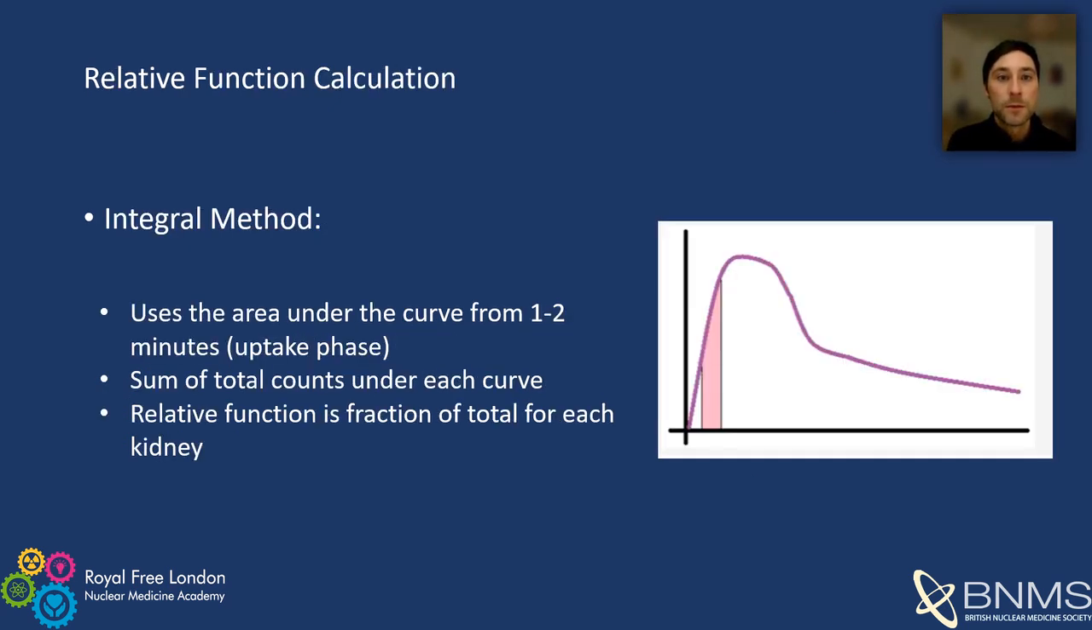There are two main methods we use for calculating renal function. First is the integral method. This compares the area under the kidney curves during the uptake interval. Our default setting is from 1 to 2 minutes. This way, it avoids unreliable counts during the mixing phase in the first 60 seconds, and finishes before the Renogram peak. The total counts under each curve are summed, and the relative function is then the fraction of the total